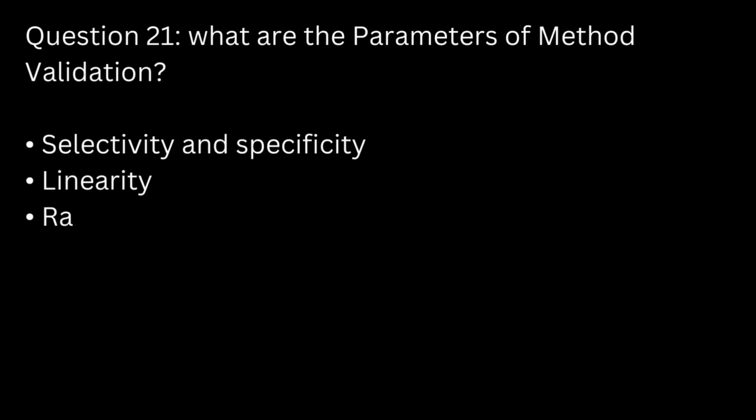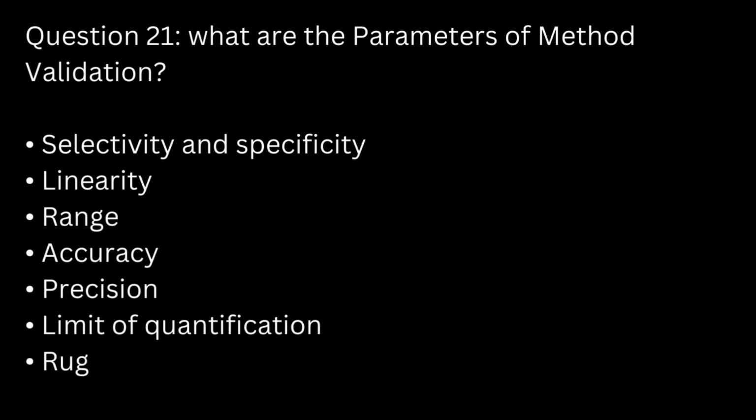Question 21. What are the parameters of method validation? Selectivity and specificity, linearity, range, accuracy, precision, limit of quantification, ruggedness, robustness,